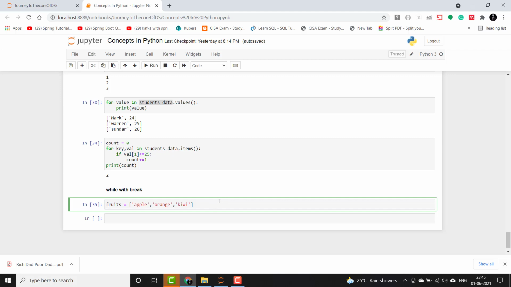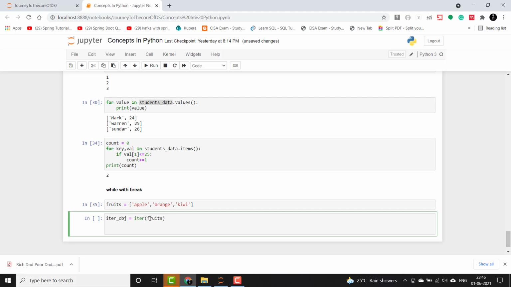So this is just for an example. Let's say that this list can be dynamic too, and we do not know the length of it, so that the number of elements in it can be anything. So in that case, we will use while with iter function, which fetches the next element each time. So let's start, and I will create that iter object here. Let's say it is iterating this fruits. So this is the way we iterate the list, guys.